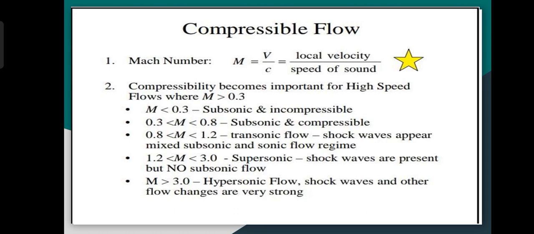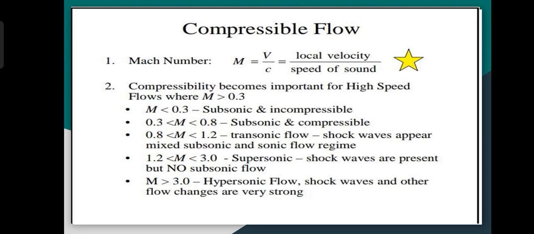Coming to compressible flow, first Mach number. Mach number is equal to local velocity by speed of sound, that is V by C. Compressibility becomes important for high speed flows where Mach number is greater than 0.3. Mach number less than 0.3 we can say is subsonic and incompressible flow. Between Mach number 0.3 to 0.8 we can say it is subsonic and compressible flow,